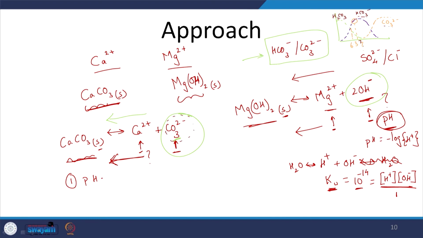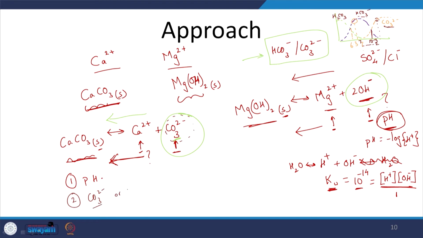But as you see, if I increase the pH by different means, obviously at higher pH, CO3 2 minus will predominate. And what is this pKa? This pKa is 10.3. So near about 10.3 or such, you can see you will have a relatively significant amount of CO3 2 minus. So by increasing the pH or by adding CO3 2 minus, right? So the second approach, or the other approach for calcium removal, is to add CO3 2 minus,